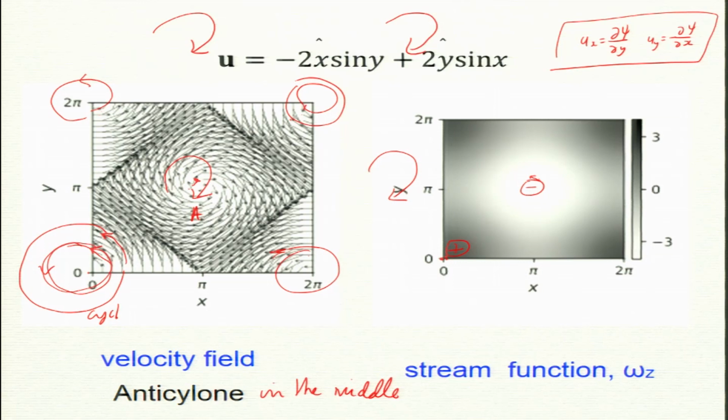You can see that there is negative vorticity and positive vorticity here in this density plot. Dark is positive because this is a cyclone, and in between is bright white, so it is an anticyclone. Anticyclone is, sorry, clockwise. So minus, plus, plus, plus: this is the sign of omega z. This is an example where we have cyclones but no helicity. There is no kinetic helicity, 0. Okay, so example 3. This is helicity.